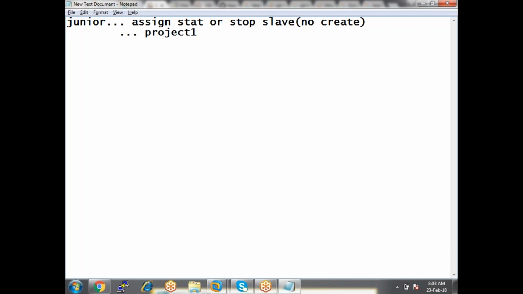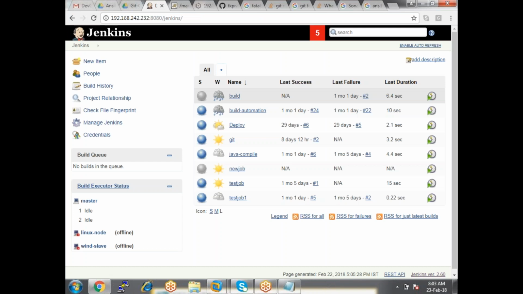So what do I mean by project 1? Here we have some jobs, right? In these jobs I have some set of jobs. For example, let's take the first 4 jobs. These first 4 jobs belong to my project 1, and only these jobs should be visible to that particular junior user.